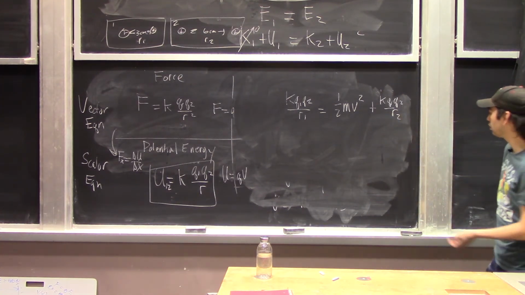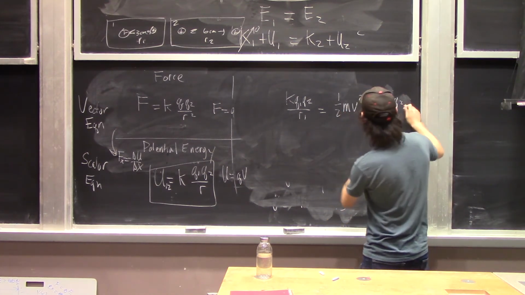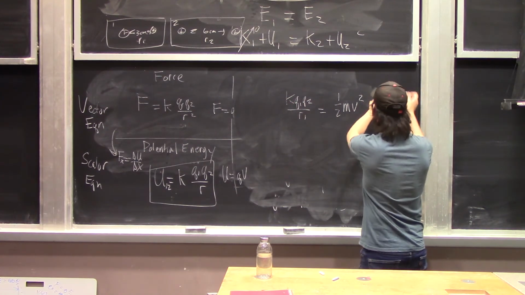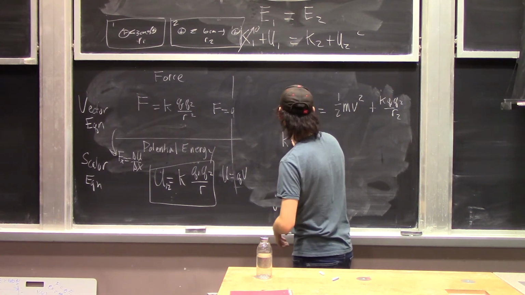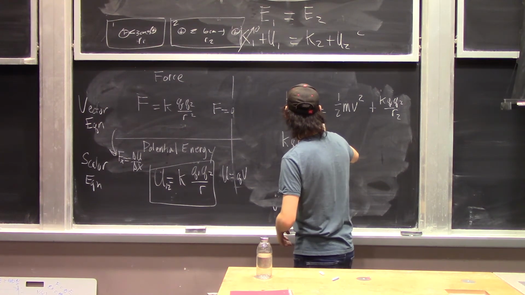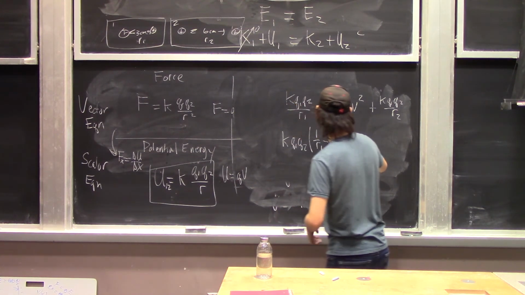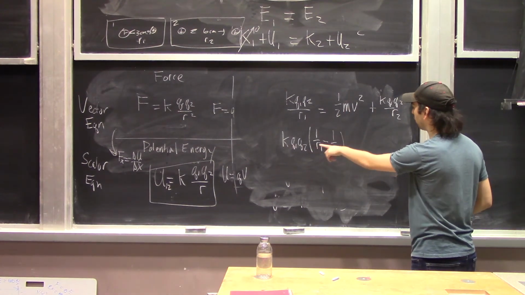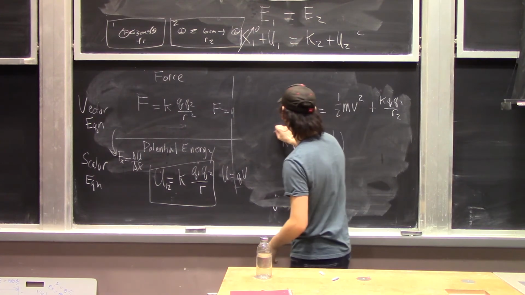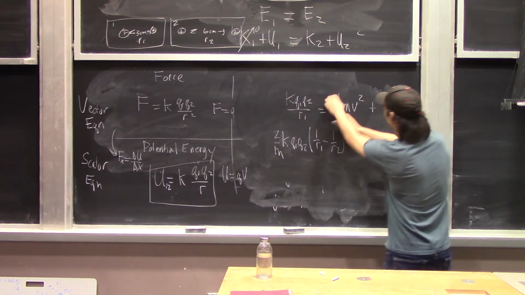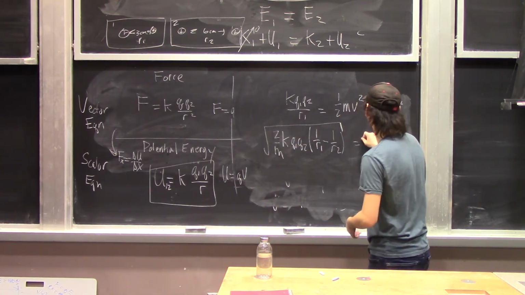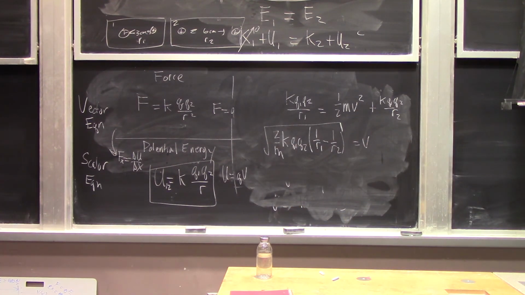Let's move things around to solve for V. So I'm going to subtract this term from both sides. I'm also going to factor it because I have this K Q1 Q2 common to both. So this is going to be K Q1 Q2 times 1 over R1 minus 1 over R2 is equal to 1/2 mv squared. I can multiply both sides by 2 over m to move this to that side, and then take a square root. So take a square root, this is what V is equal to, and when we plug the numbers into this, we end up finding